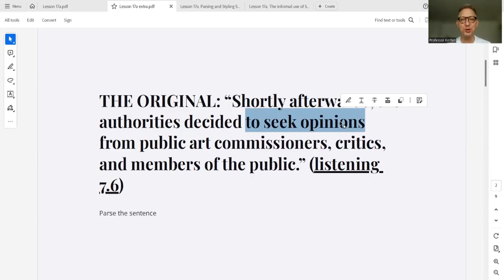From commissioners, critics, and the public. So we have two prepositional phrases that complete that. What did they decide? And from whom? They decided to seek opinions from these people. When did they decide? Shortly afterwards. We don't know the context, so we don't know after what, but we do know it was a time element. So that's how you parse a sentence. Now, why is this important?